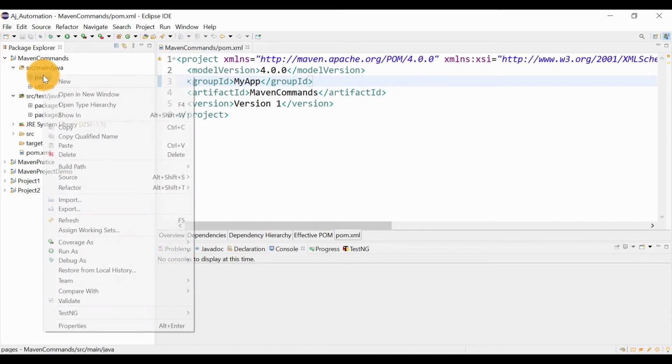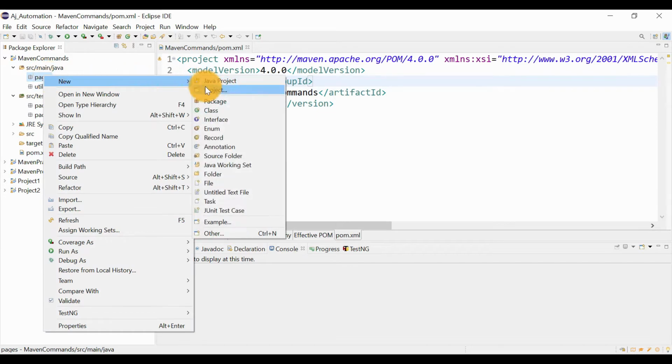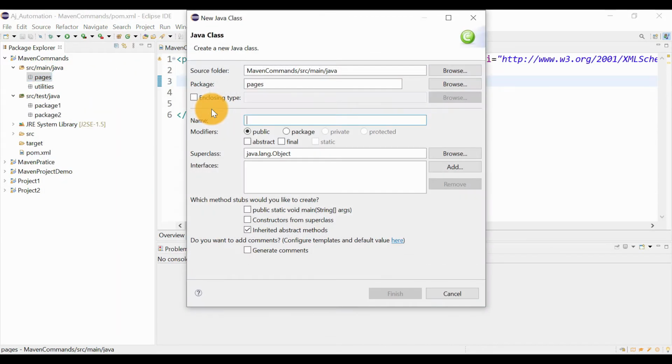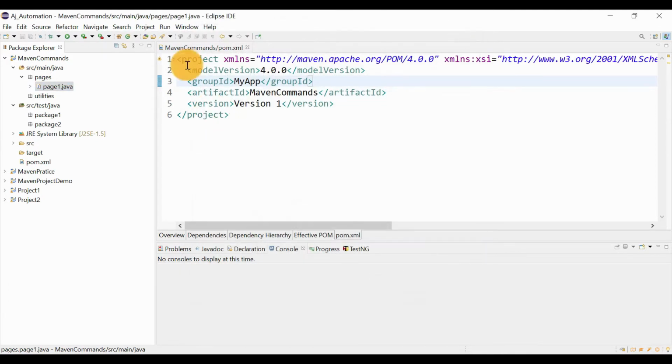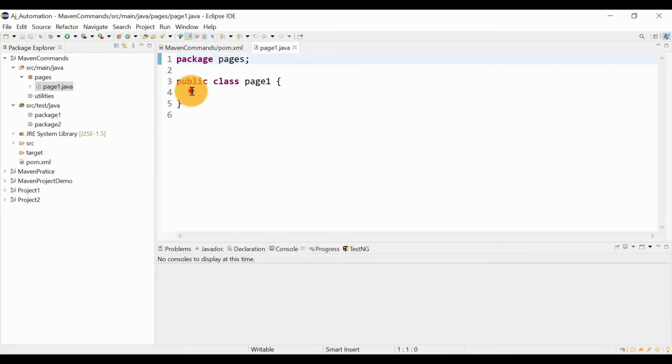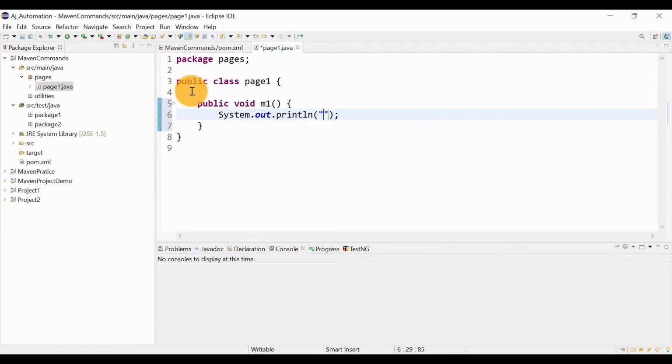In this package let us add some Java files. The first one is page 1. In page 1 we'll quickly create one method, public void m1. Here we will just write some sample code.